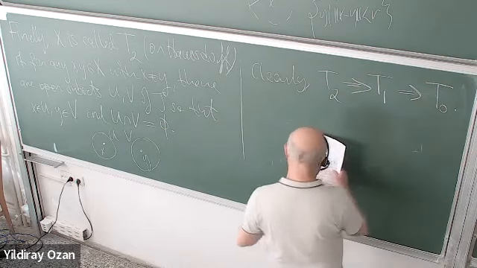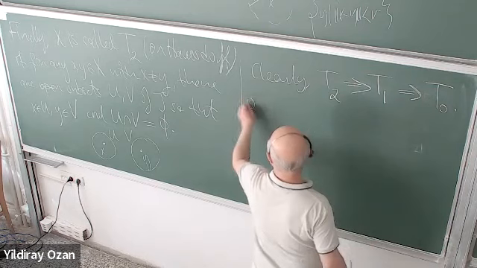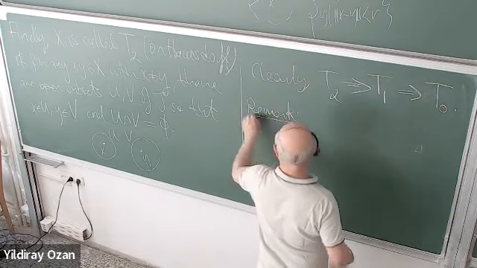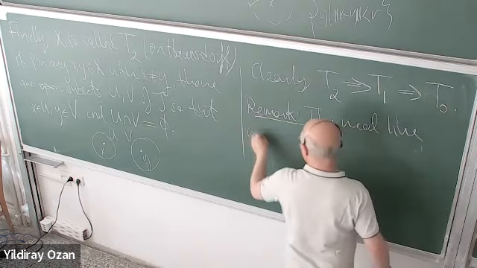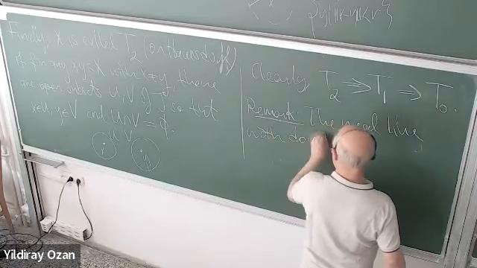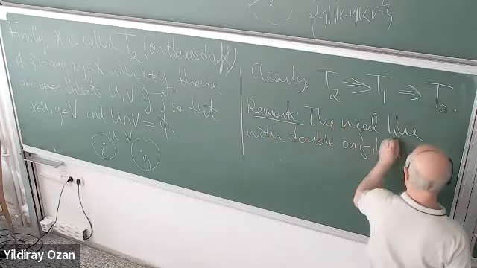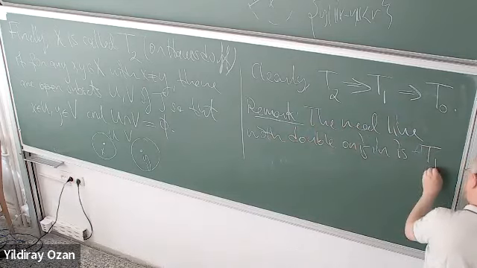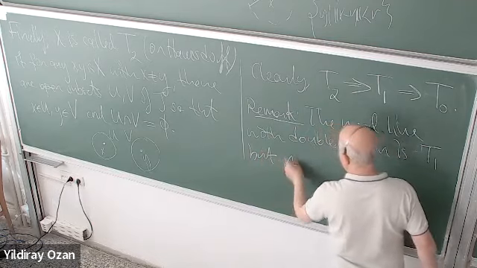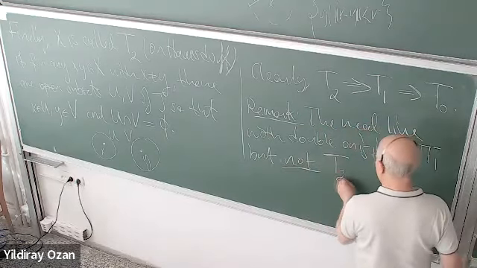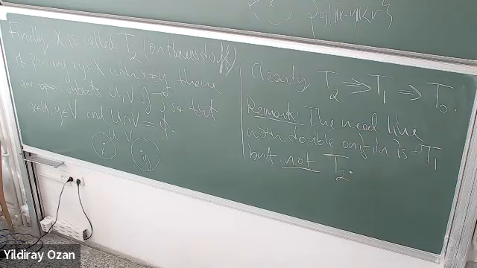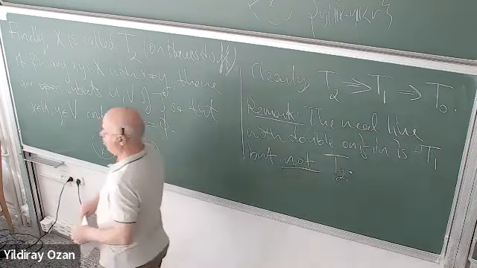Okay, now, as a remark, the real line with double origin is T1, but not T2. It's not Hausdorff because, as I said earlier,